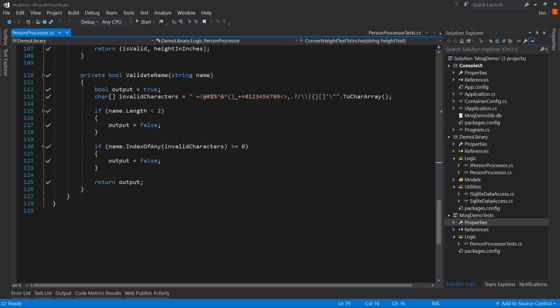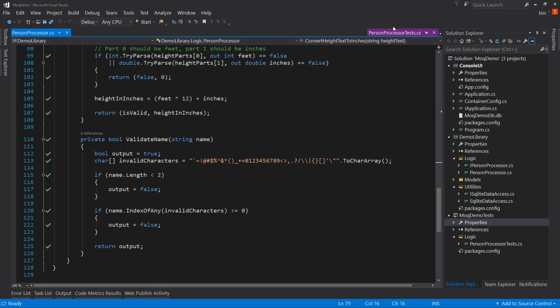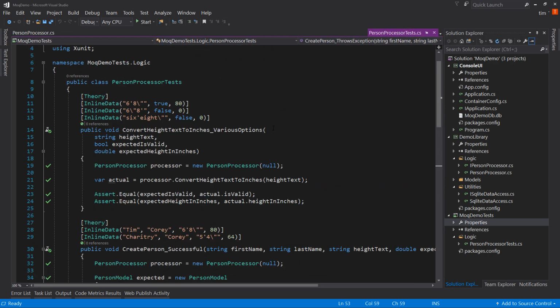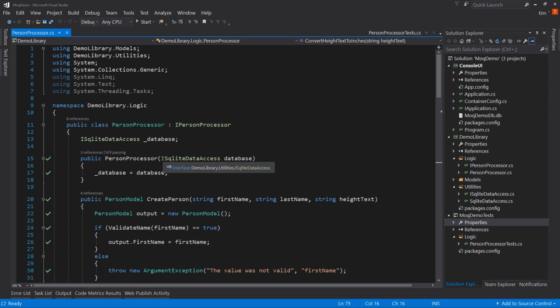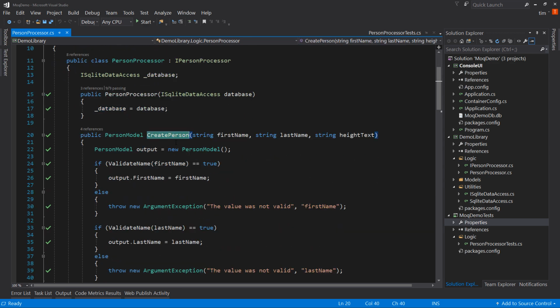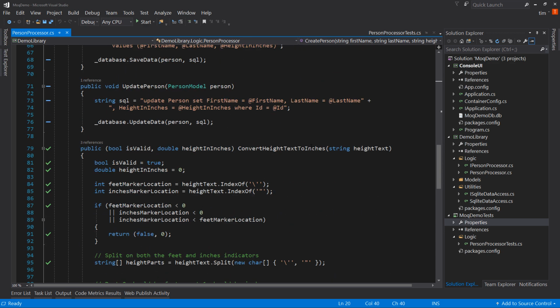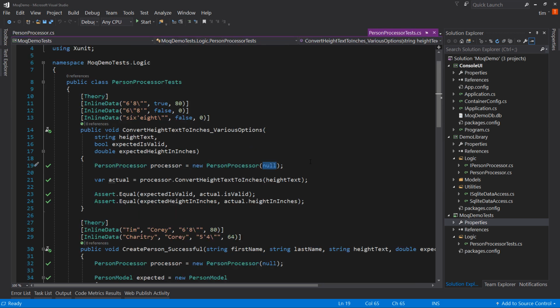All right. The other thing I want to note is, first of all, for all three of these, I'm creating a new instance of person processor in order to test it. However, person processor, if you remember, takes in one dependency, the SOLID data access dependency. And so it assigns that to an internal variable. However, the create person method, as well as the convert height to inches method, do not use that underscore database dependency. So therefore, when I create that instance, I pass in null for that